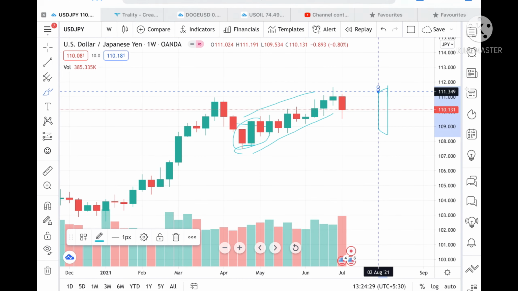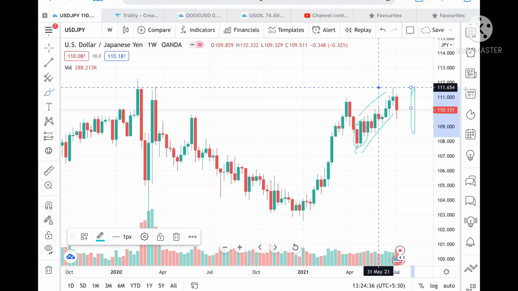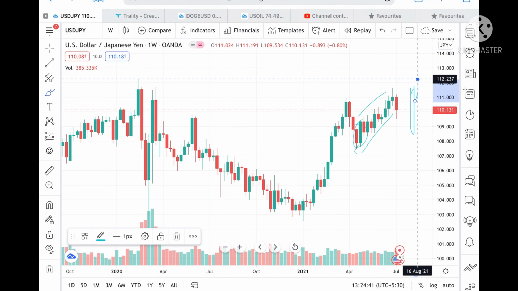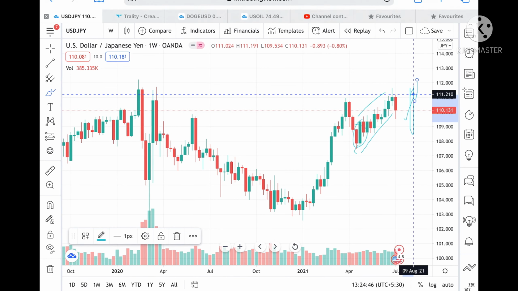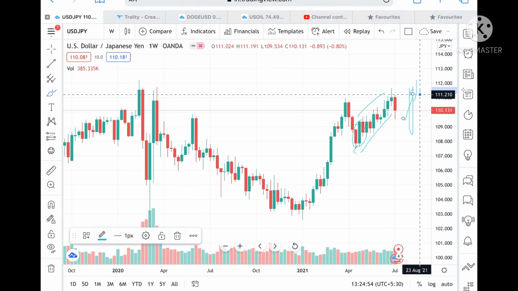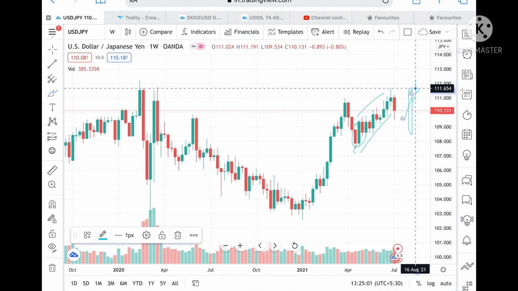Then we have seen this high is already tested, so chances are very high that it can touch a level of 112. So USD JPY, once it goes above a level of 111.210, then we can be on the buying side, and it can touch a level of 111.488. If it goes above this level, then we can see that this level is already tested twice, 111.682, so chances are very high that it can touch a level of